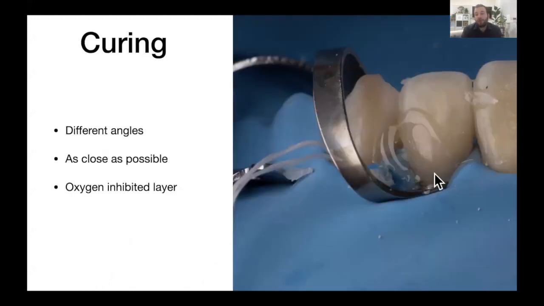After that, you want to cure completely, and you want to cure from different angles: lingually, buccally, slightly mesial, slightly distal. Your light cure unit has to be as close as possible without touching the teeth. And you want to use glycerine here. This is glycerine. The glycerine